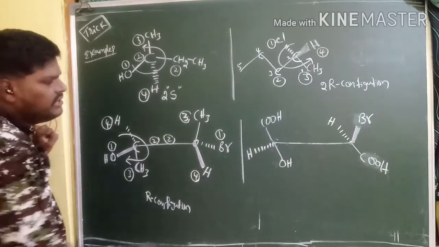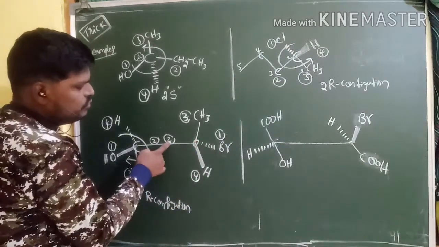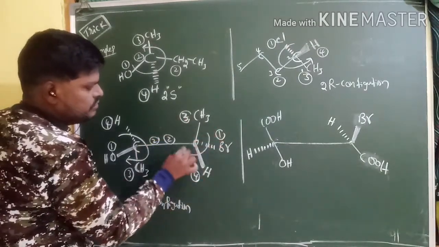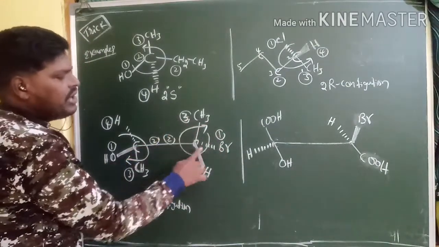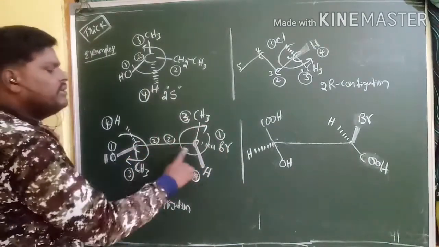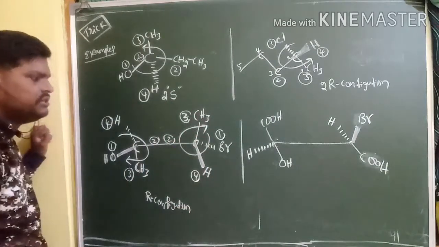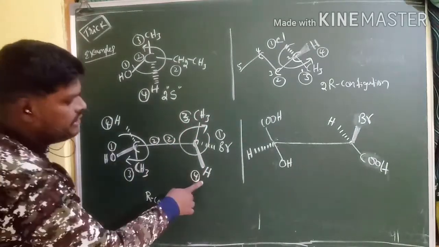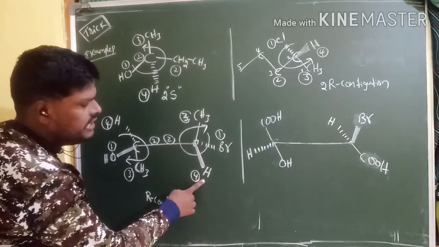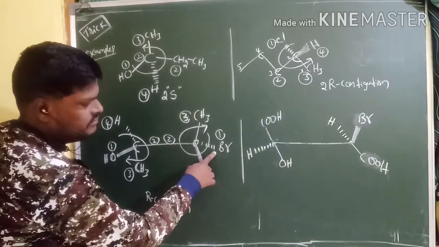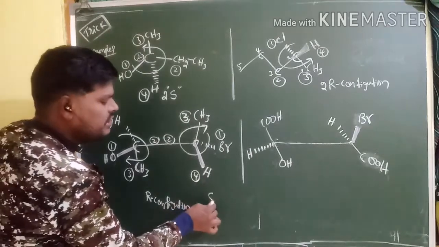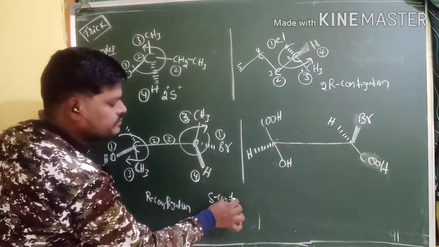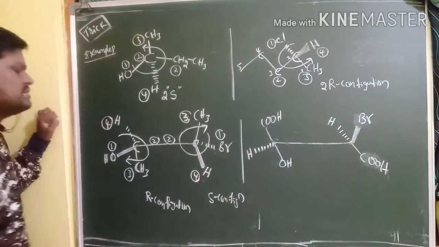Right? What are the directions? 1, 2, 2, 2, 3. So this is the direction for this molecule. So clockwise direction, anti-clockwise directions are here. Clockwise direction. What is the expected configuration? R configuration. But hydrogen is not present on the broken wedge. That's why take the opposite configuration here. What is the opposite configuration? S configuration. Right, it is S configuration.